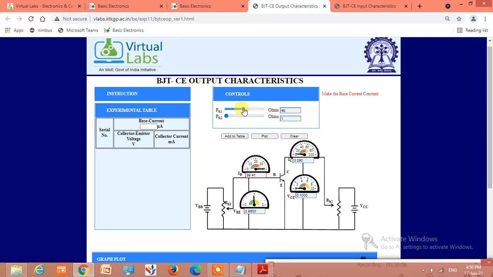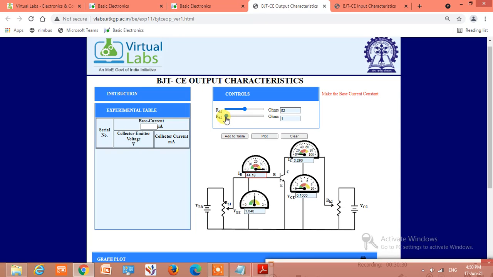In the first observation table we have set the value of base current to 10 microamps. Now let us increase to 50 microamps, approximately 50 microamps, and then increase the value of VCE in steps of 1 volt and record the observation.